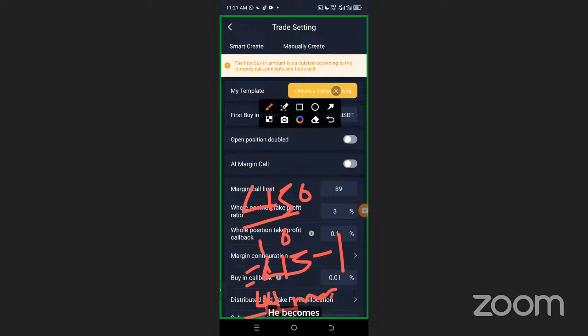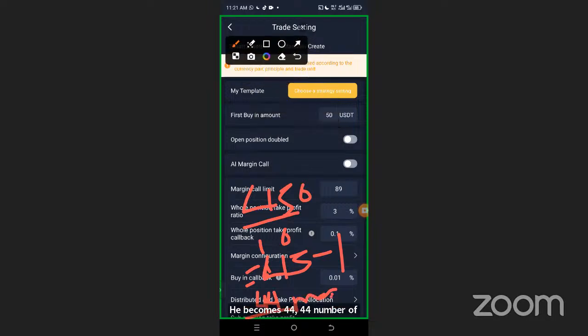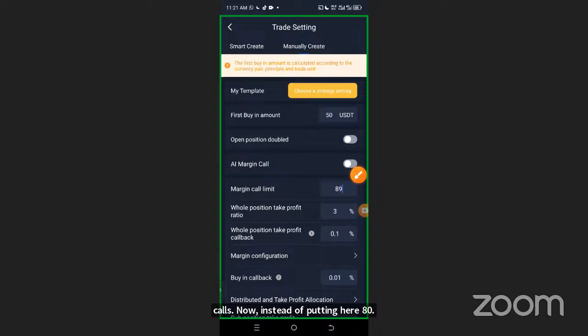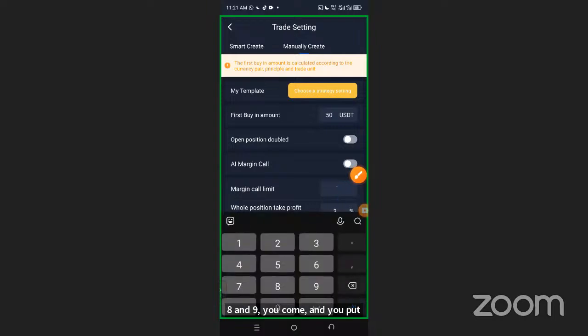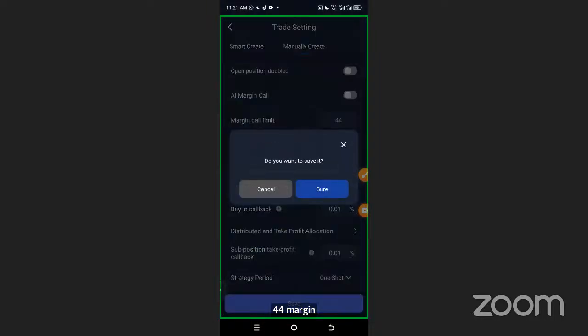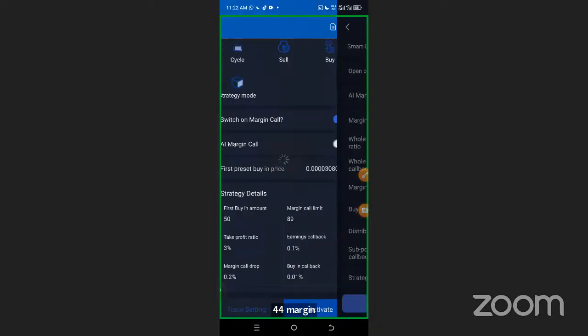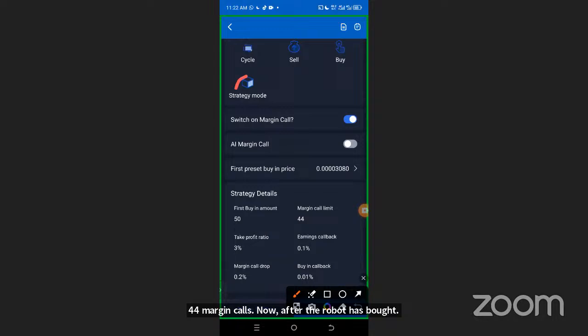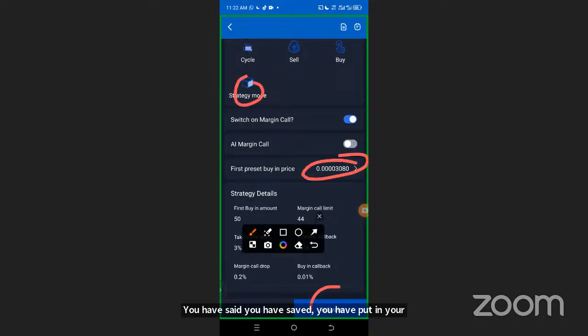44 number of margin calls. Now, instead of putting 89 here, you come and put 44. Now after you have saved, put in your strategy mode, put in your preset, and activated the trade,